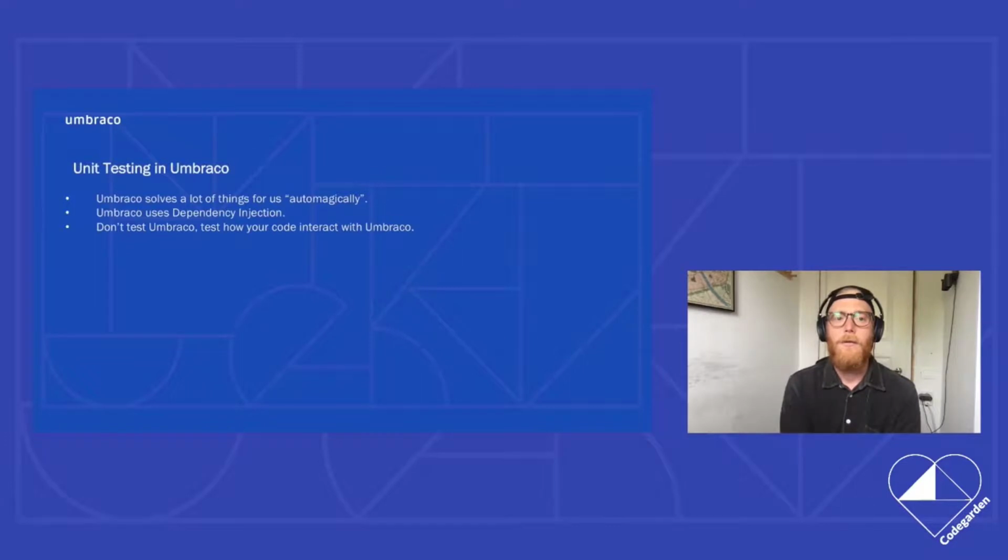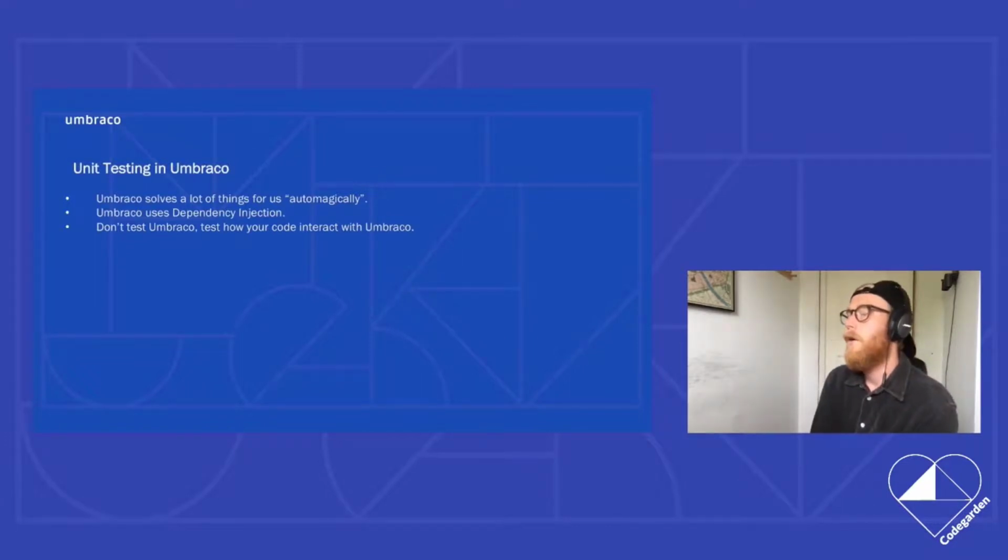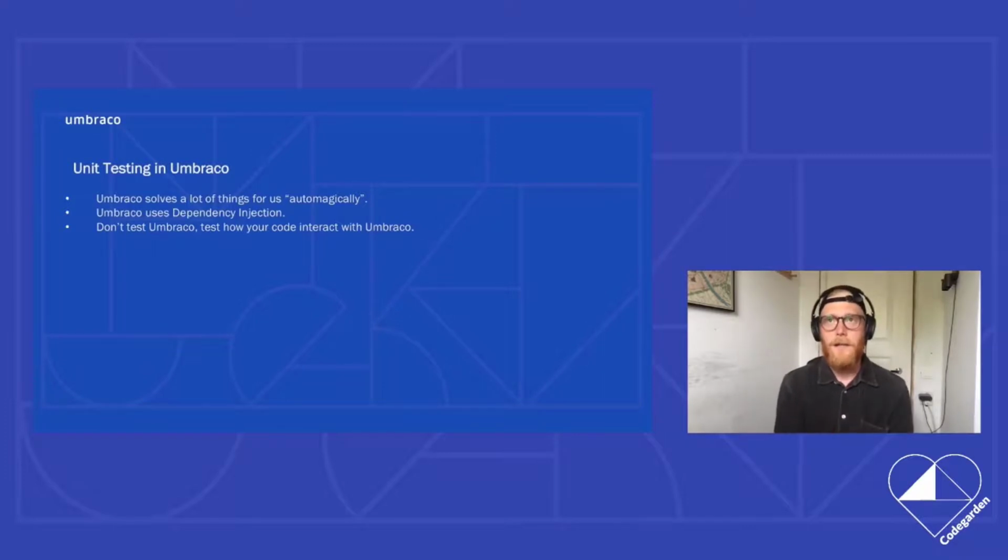So now let's get to the Umbraco specific parts. There's not any special difference with how you write your tests in Umbraco. There's not any special attributes or anything. You still write .NET tests in Umbraco. It's just that when you're using a CMS like Umbraco,